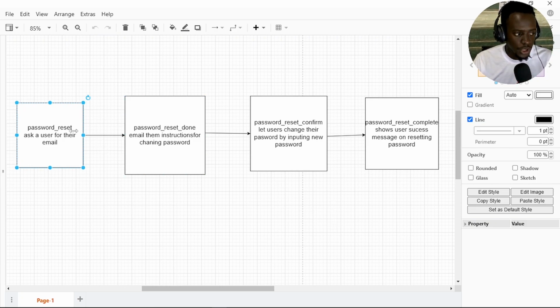Now the first one is going to be our password reset view. What this does is ask a user for the email address associated with the account for which they forgot the password. When they provide this, an email will be sent to their email address with a link that will allow them to reset their password. Now in here we can see we're going to have a password reset done view,